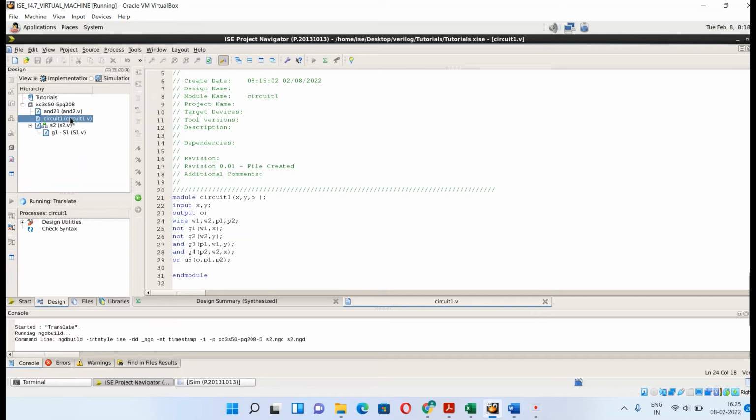See guys, here I want to show you that this circuit 1 code is not running right now, but the synthesis is taking place for another file, S2. Then why? To show that, I ran this circuit as such. To show that and to let you know the reason why it's happening, let us finish this process and let you know in a while.